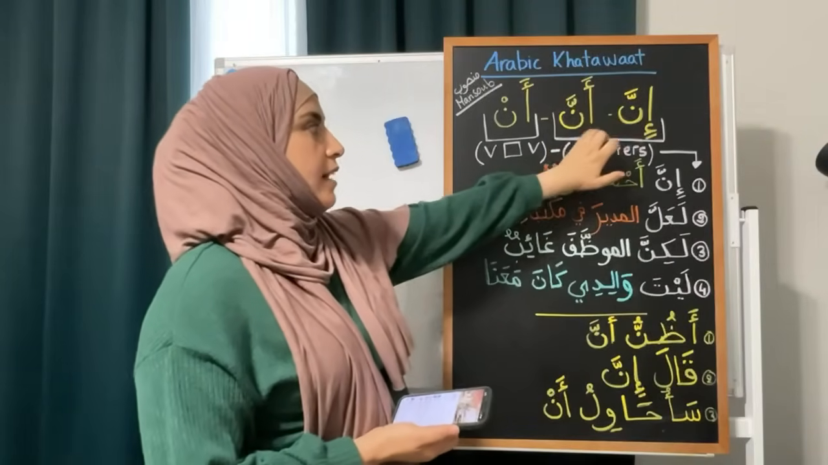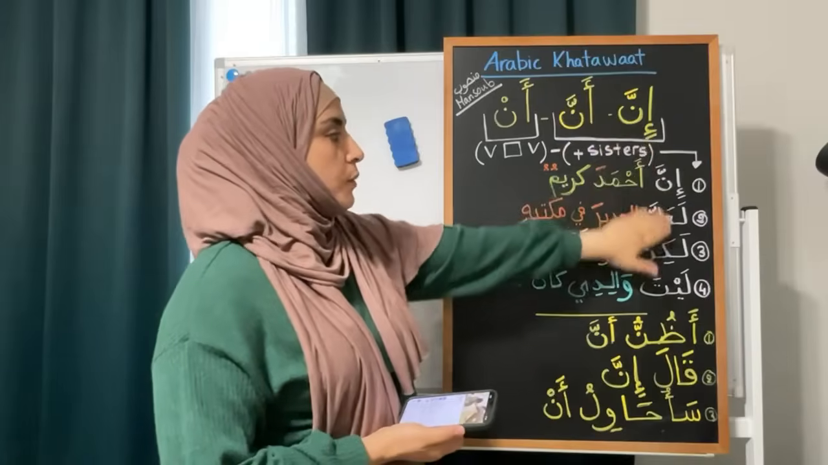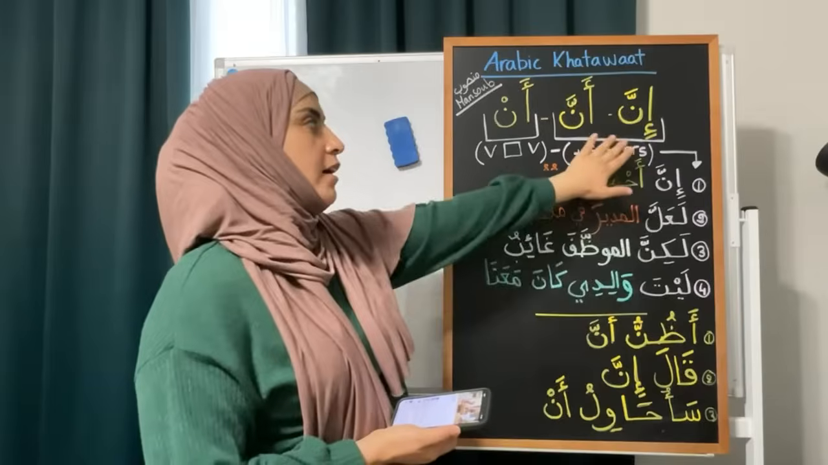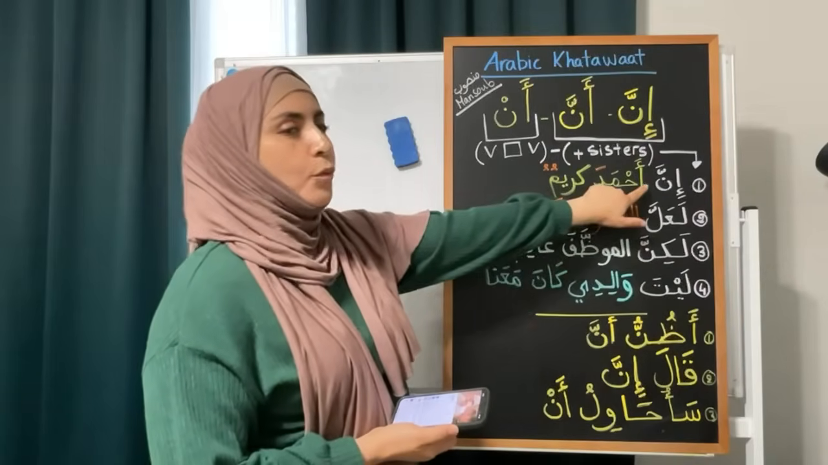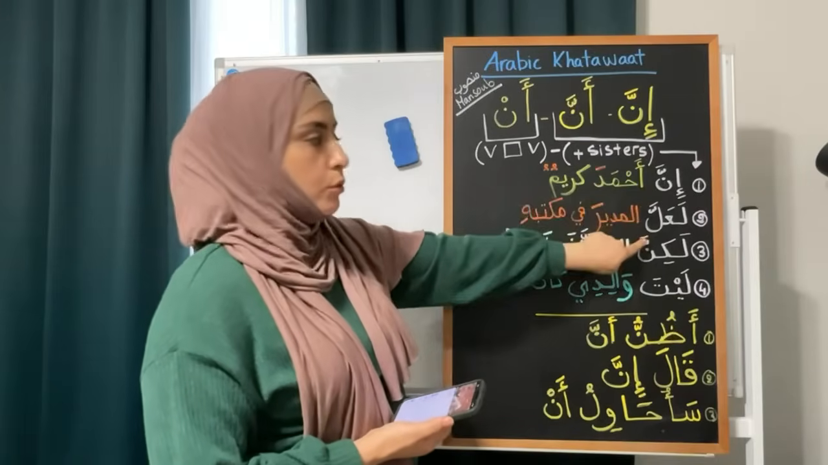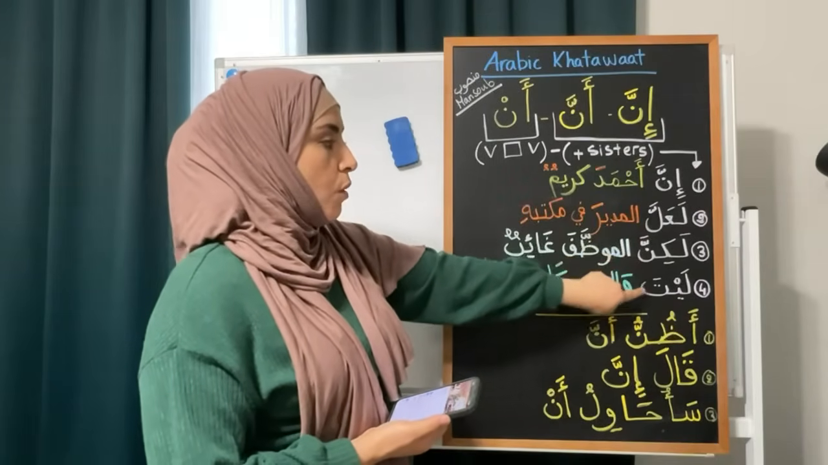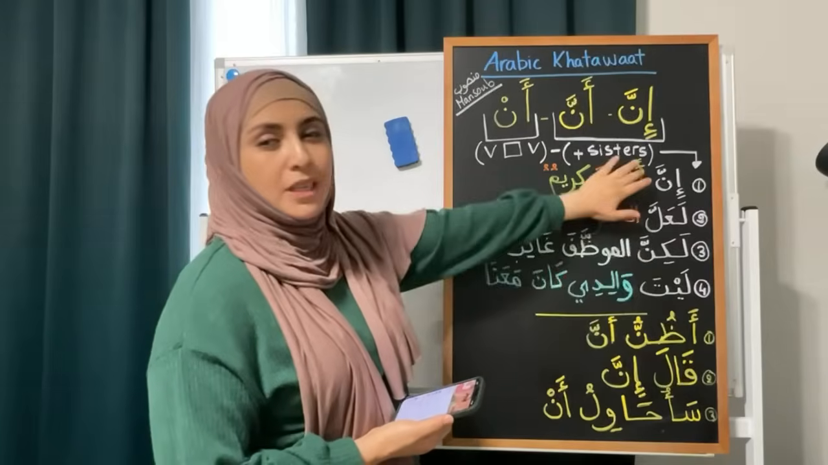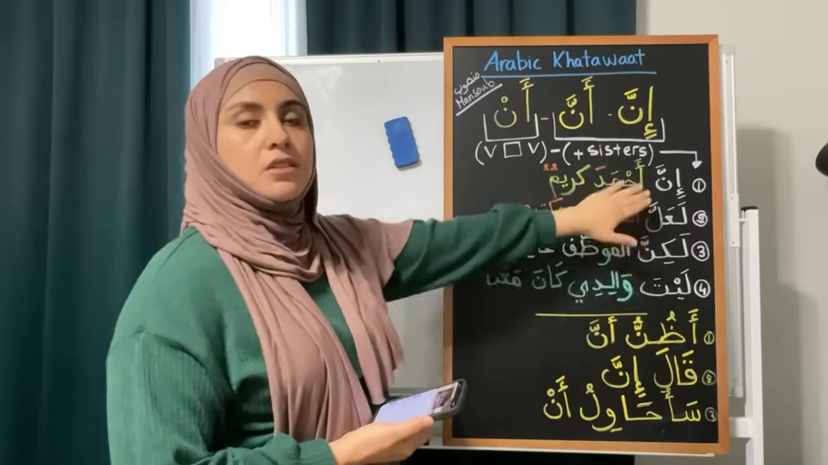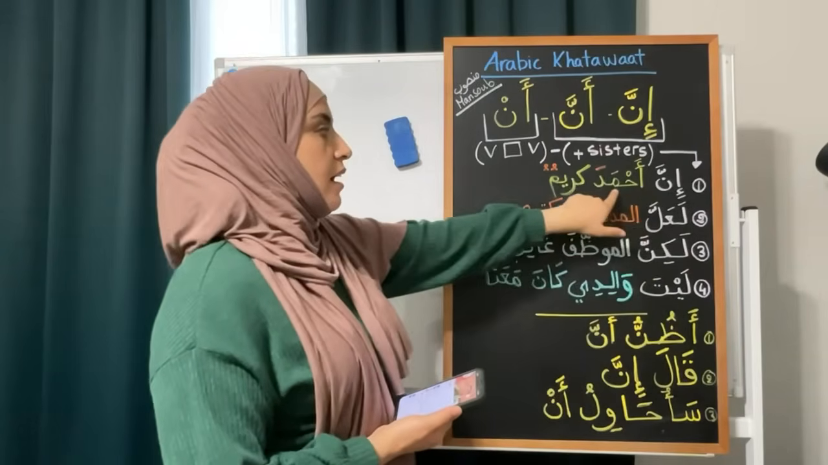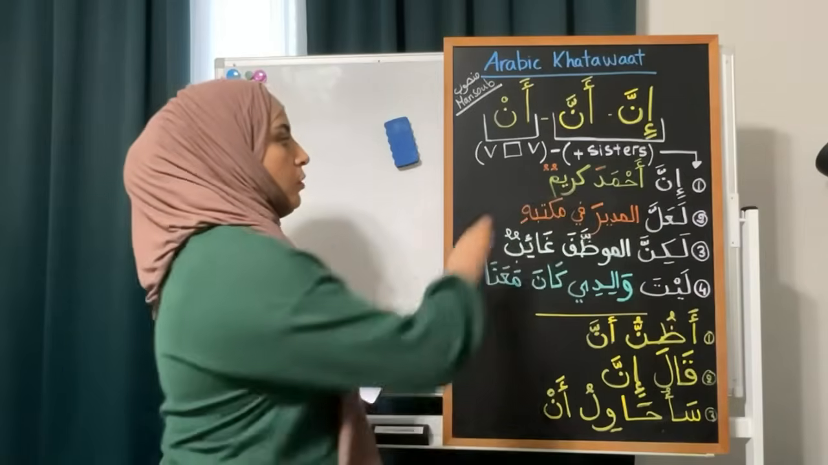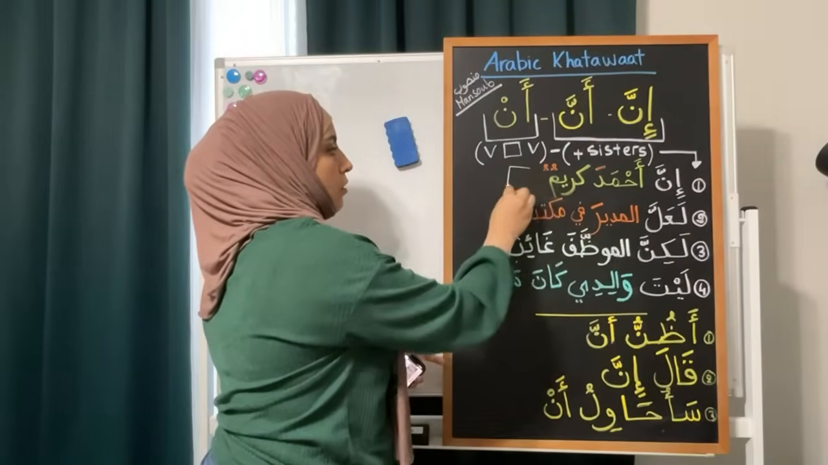When we see inna and anna, we combine them sometimes with sisters. We call them inna wa akhawatuha, inna and its sisters. When we say inna and its sisters, what we refer to is the exact same rule that we apply when we use all of these four words, that we can understand them as separate sets of vocabulary or lists of words. So if I say inna ahmada karimun, the rule that will apply on all of them,